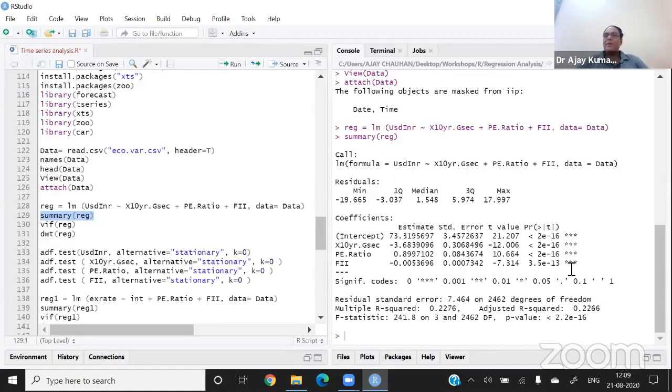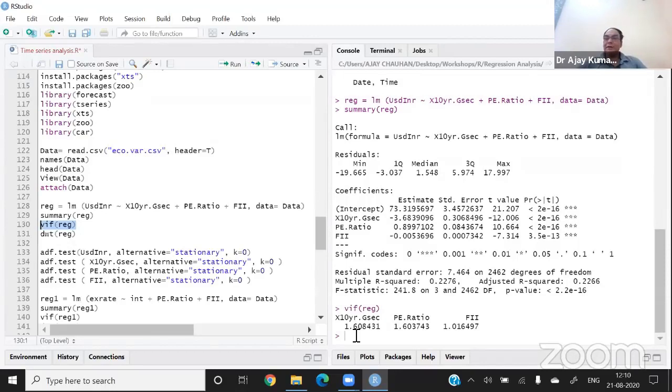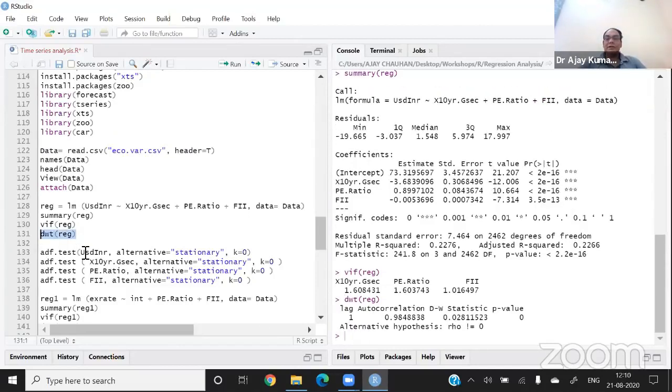But before moving on, I have to check that this is a time series regression model, and I want to know whether it is suffering from the Durbin-Watson problem or not. I'm going to apply the VIF first, and here you can see that all the VIF values are less than 3. So multicollinearity is not a problem in time series; in most cases we don't have a multicollinearity problem in time series. Now I am going to apply the Durbin-Watson test. The result is that the Durbin-Watson is 0.028.